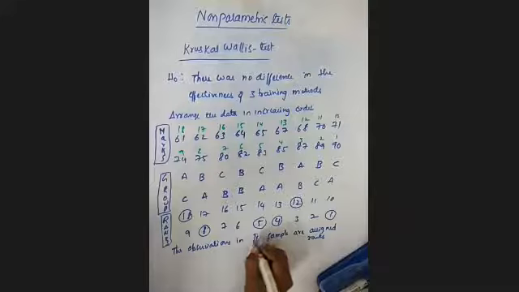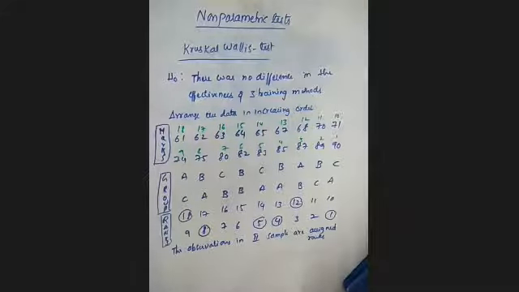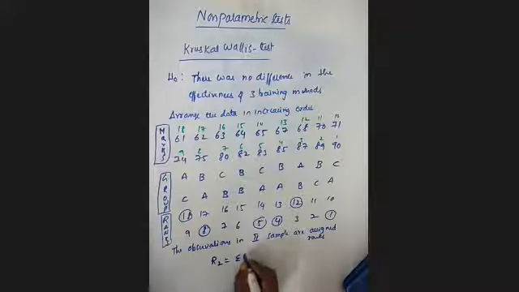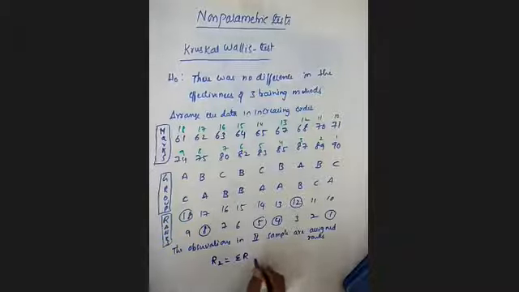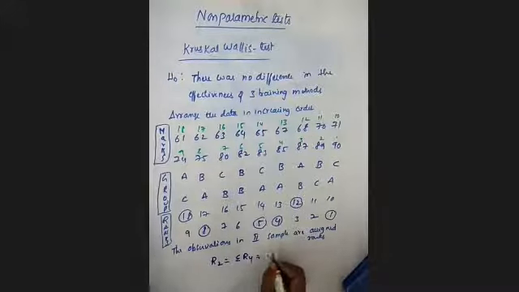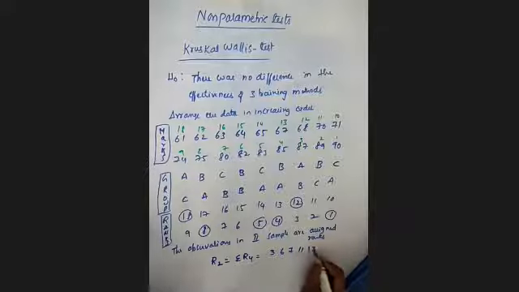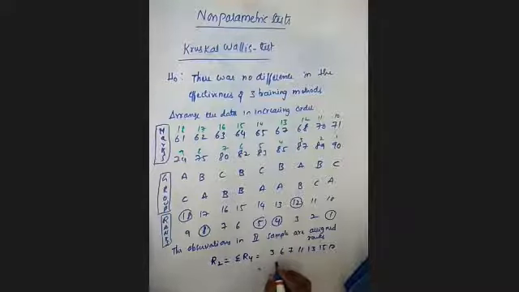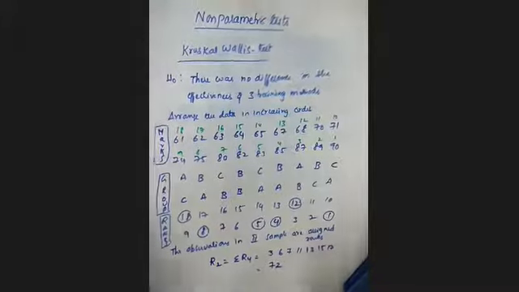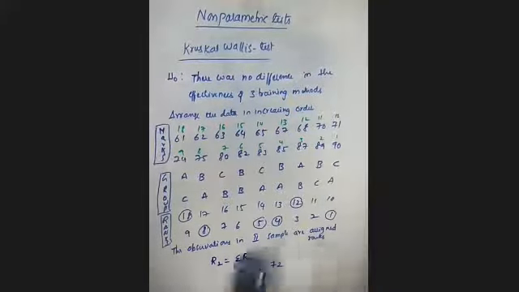Clear? For the second sample, in the same way how we have calculated, R2 is equal to sigma Ry, that is the ranks 3, 6, 7, 11, 13, 15 and 17. Okay, for this we have to calculate the sigma. Sigma means what? It is a sum total, that is we got 72. Clear? In the same way for the third sample,